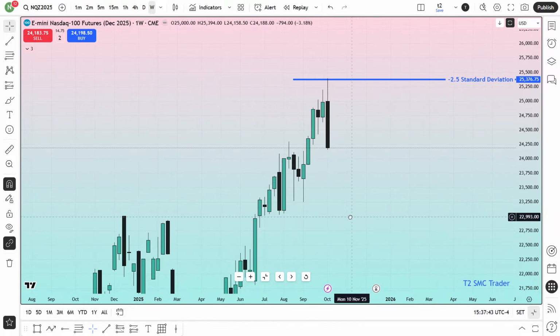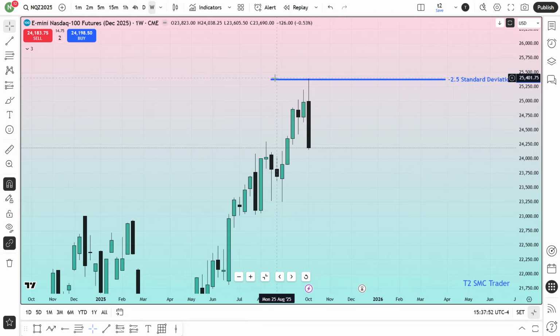I'm going to explain the price action in NQZ 2025, which is the December contract for Nasdaq. Here you can see that this minus 2.5 standard deviation is marked over here. This market exactly came to this line and then it was rejected from that line. I will talk about this standard deviation in a moment. Of course, it is important, though those people who are with me through that live streaming all know what that line is.